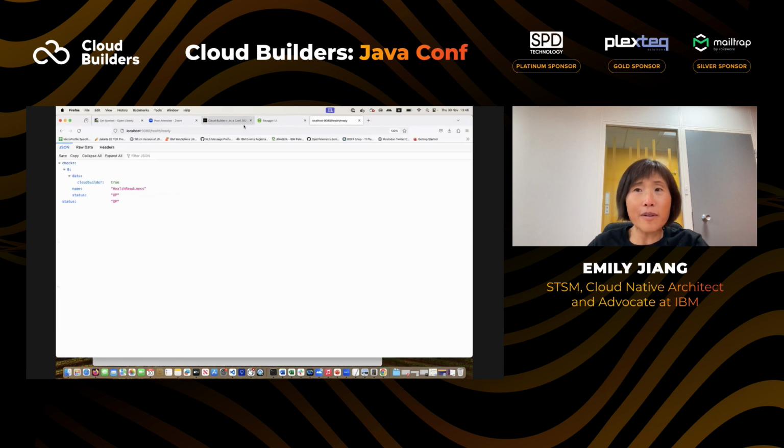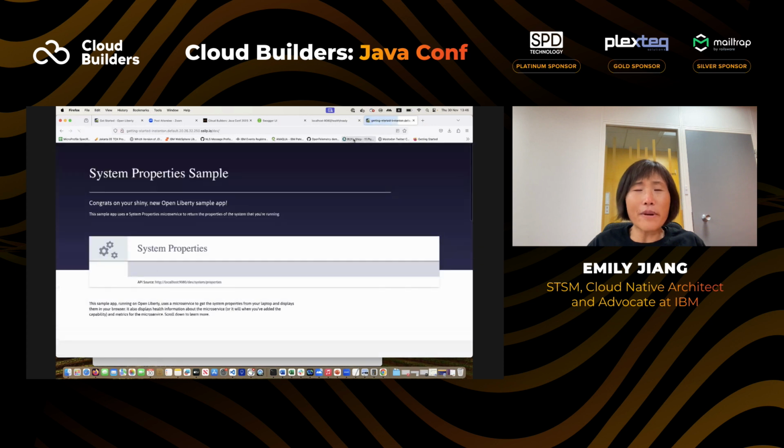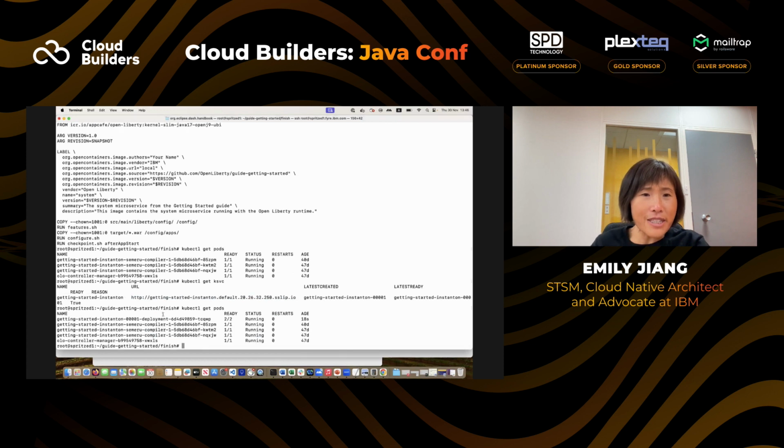If I hit the endpoint here, as you can see, it automatically starts from the cold state and directly gives you output straight away. This is using Jakarta EE and MicroProfile in the application. Now, if I quickly have a look at get pods, as you can see, my deployment is actually up and running.